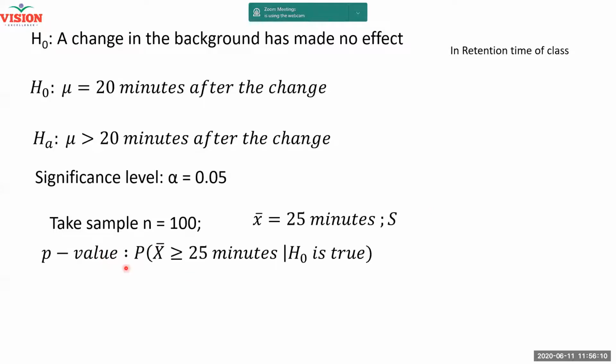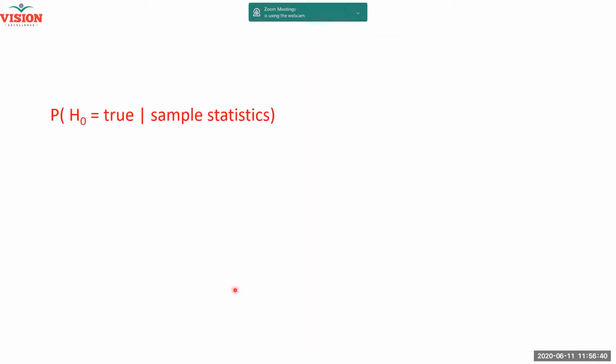Please note, the statement I am using to find the p-value has to be written like this only. Assuming that the null hypothesis is true, please note, this is what I have to read first. Assuming the null hypothesis is true, the mean value is greater than or equal to 25 minutes as observed by you in the alternative hypothesis. Okay? This is how I like to read the statement. It is not the other way, right? And p-value lower than alpha means reject, greater than means do not reject.